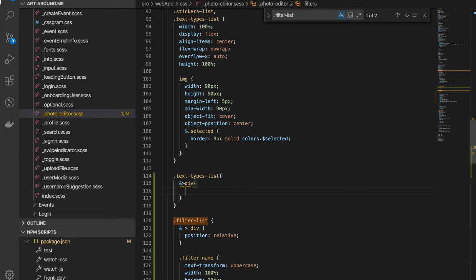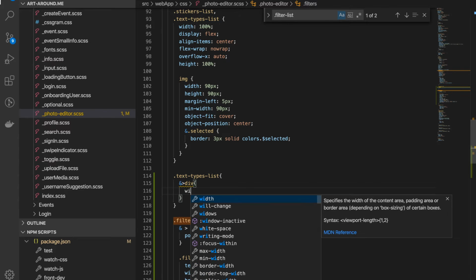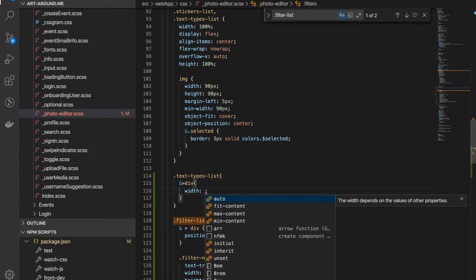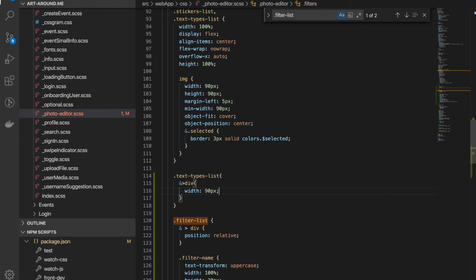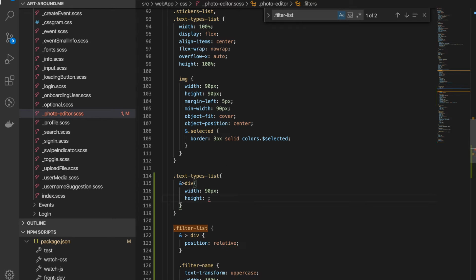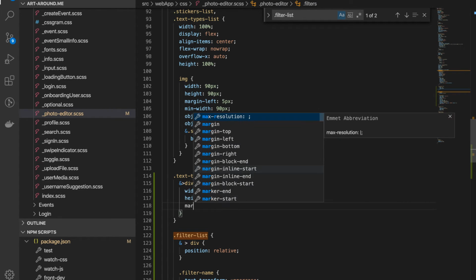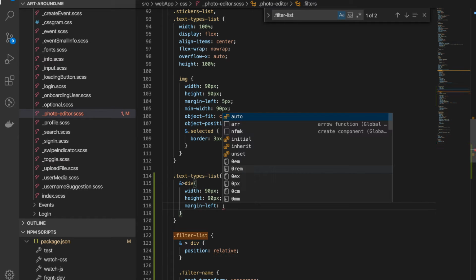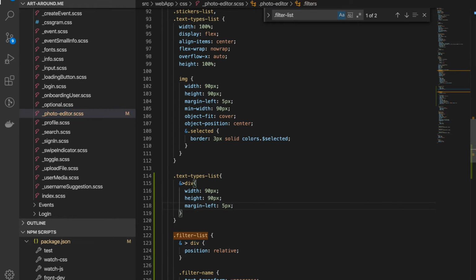I'm just gonna do a simple thing with 90 pixels height, which is gonna be exactly this thing, 90 pixels, margin left of 5 pixels and